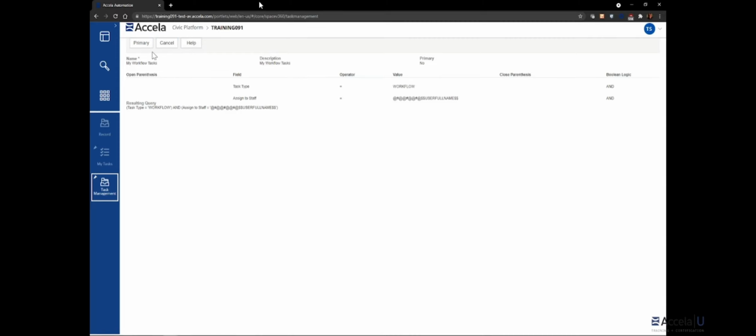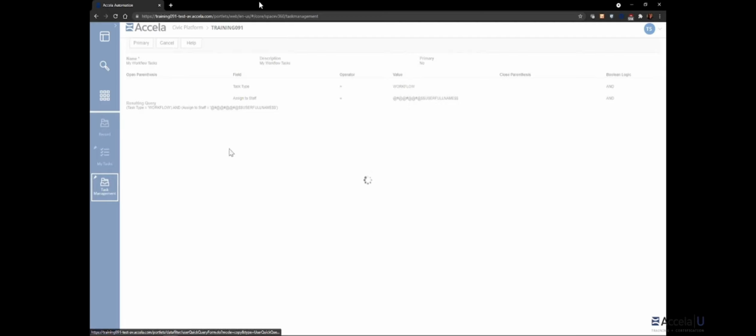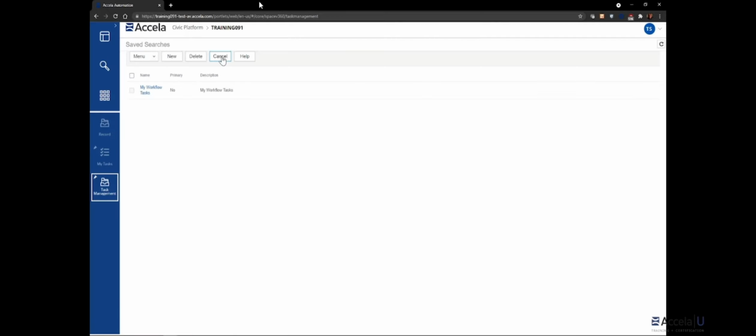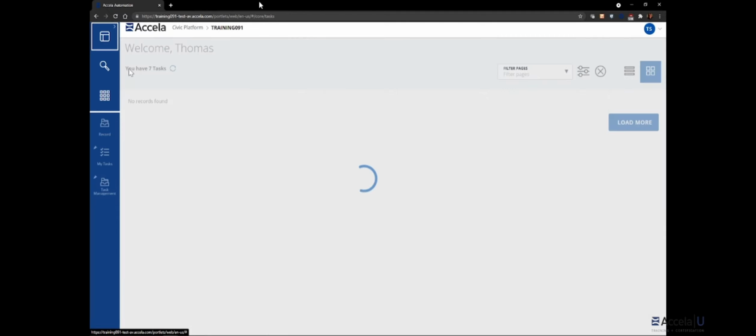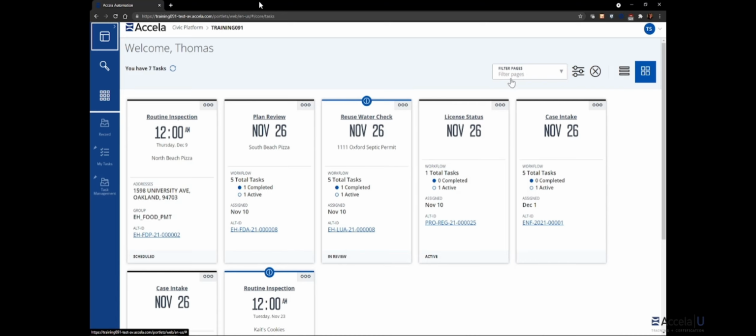Now, if you were to do that, and I'll cancel this for now, it would not only set my workflow task as your default here, but it would also set your default, if I go back up to the tile at the top of my main menu, it would set the default filter here